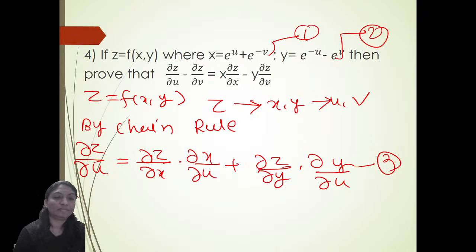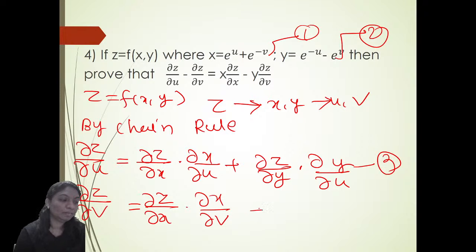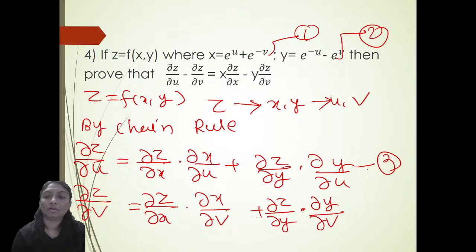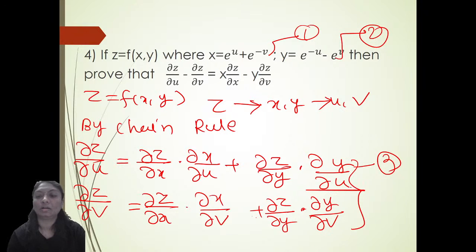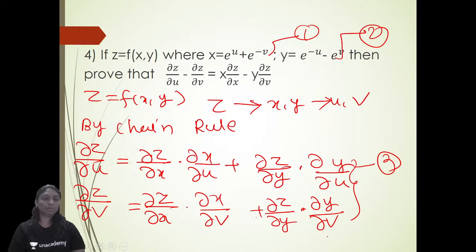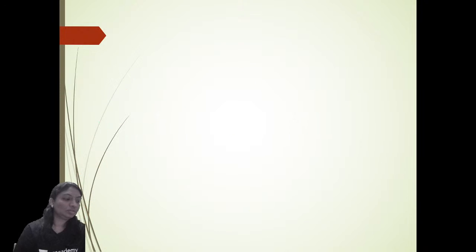In exactly a similar way, ∂z/∂v is equal to ∂z/∂x into ∂x/∂v, right? Plus ∂z/∂y into ∂y/∂v. Okay, call this equation number 4. So from equation 1 and 2 we get ∂x/∂u